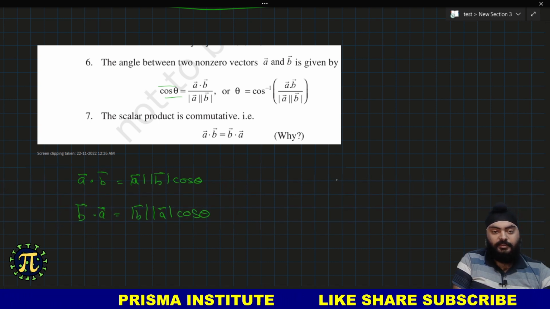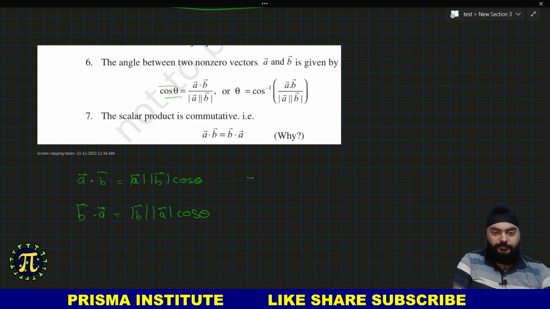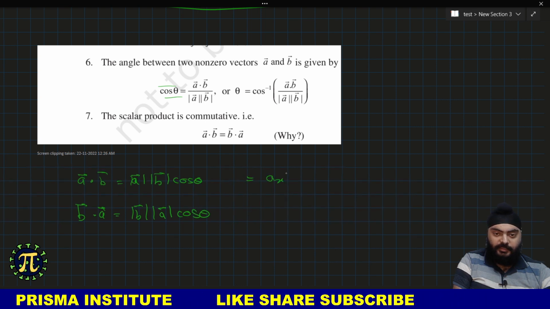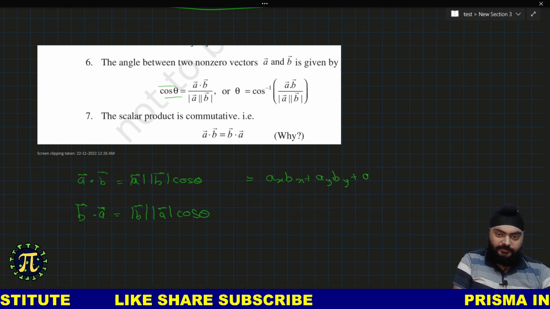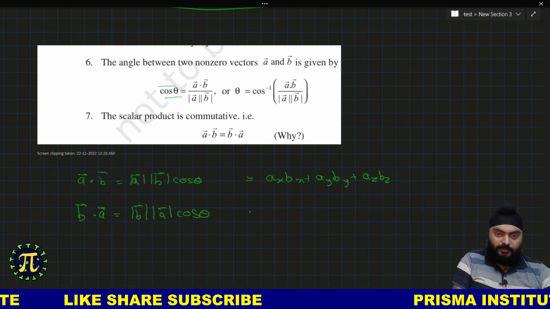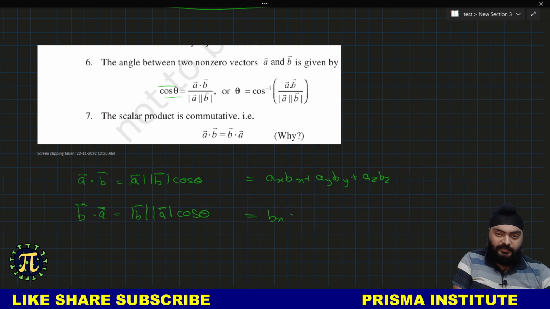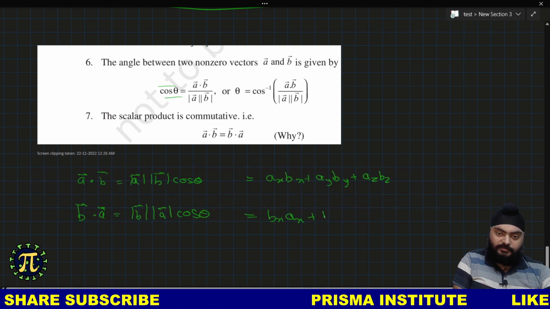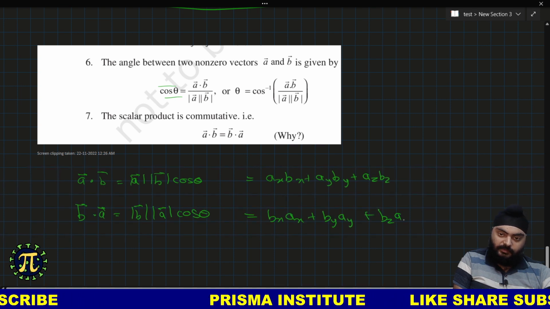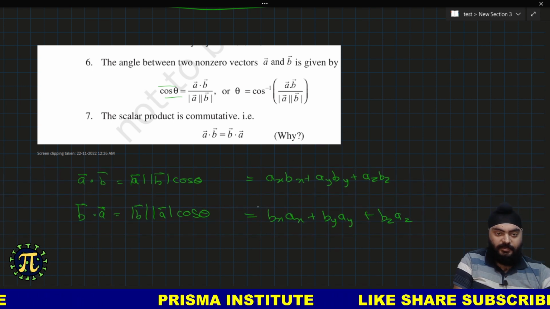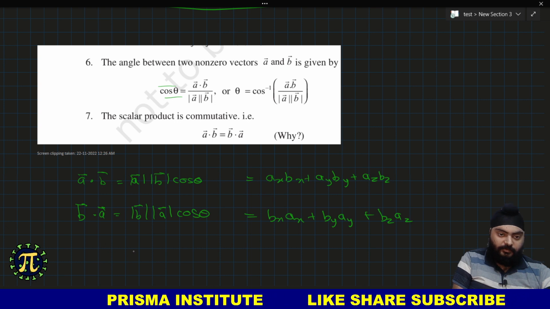Even in their component form they are the same, right? a dot b is equal to ax bx plus ay by plus az bz, and here it will be bx ax plus by ay plus bz az, and you can see both results are the same, and we can say dot product,